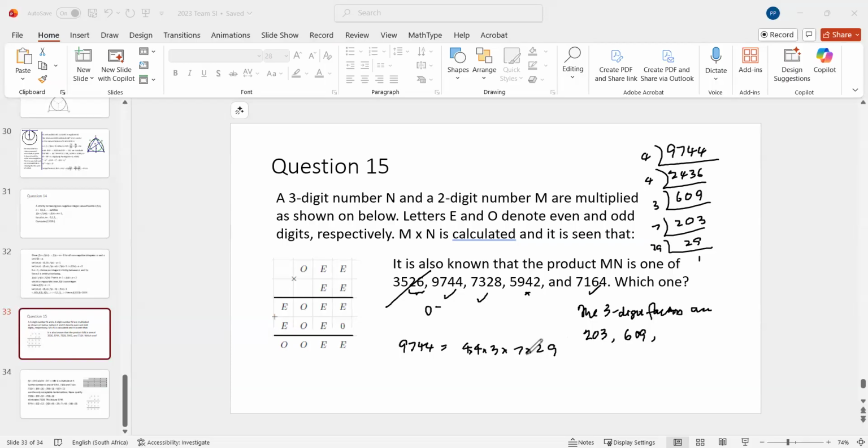The other one is a 2-digit number, remember? So if I put 29 times 7, this gives you times 48. Now if you take 203 times 3, then you get 16 here. And then 203 times 4, 812, times